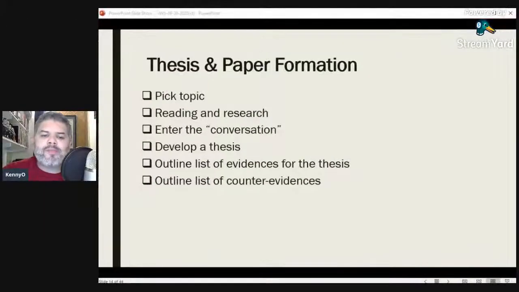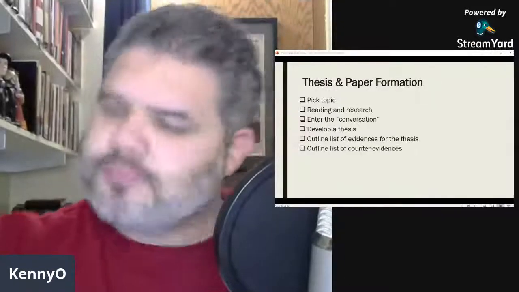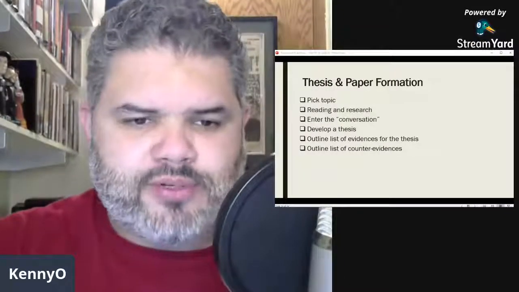But basically, you want to make sure you have an outline of all the pieces of evidence that basically go against your argument. And this is really, really important. A lot of students just don't get this right. A lot of students miss this. So it's really important that you outline what the evidences are, and you want to make sure you're really good at it. I'm always looking for this as a professor when I'm grading students' papers.